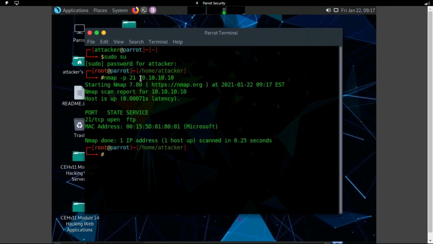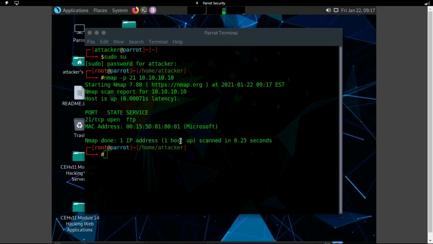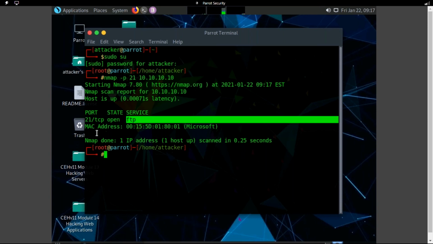So what do you see in the result? My target is listening on port number 21, as port 21 is open and the service is FTP. Now what you can do is try to flood the target server with SYN requests. For this, you can use